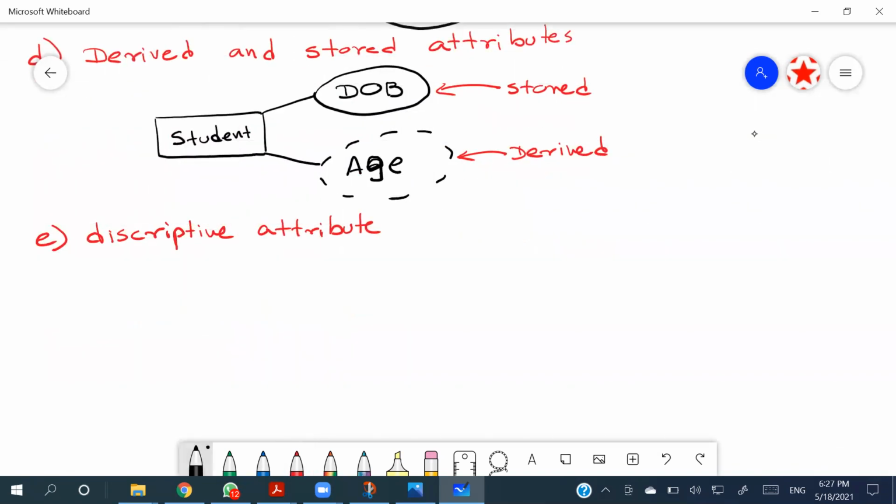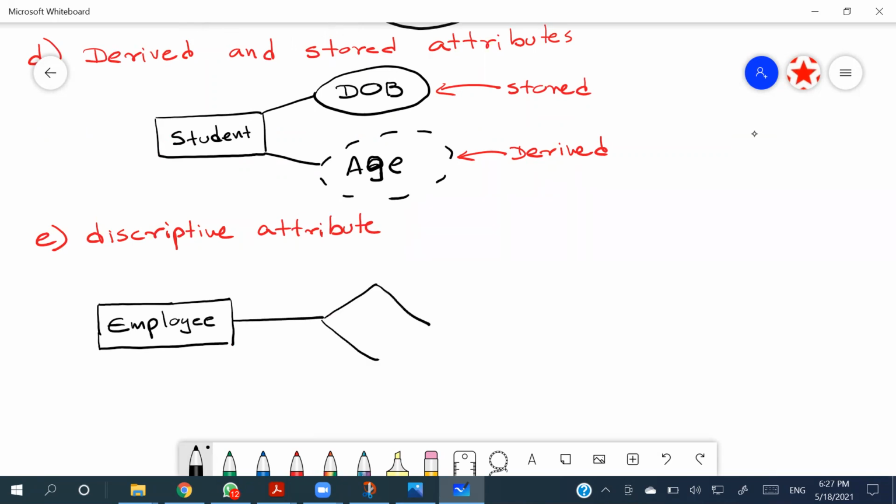So if we take two entities like employee works on a department,